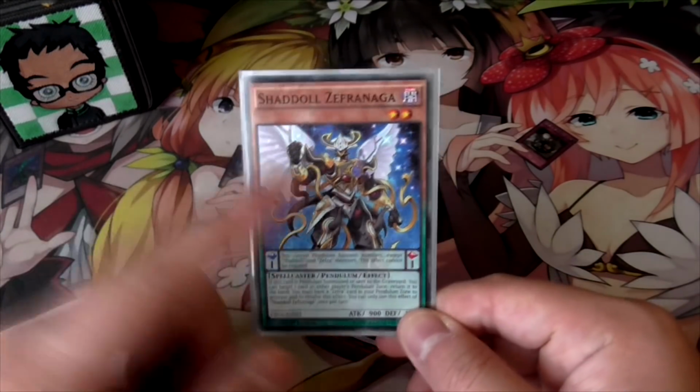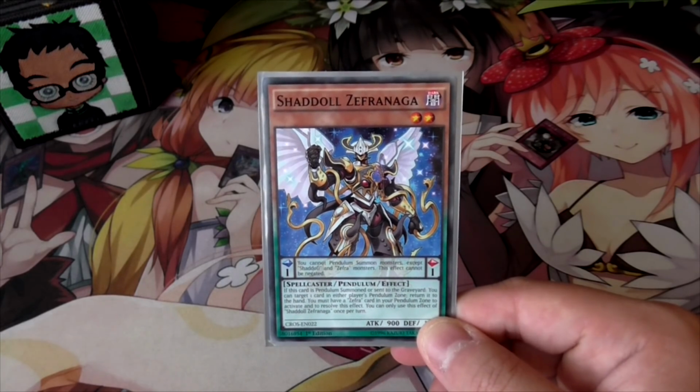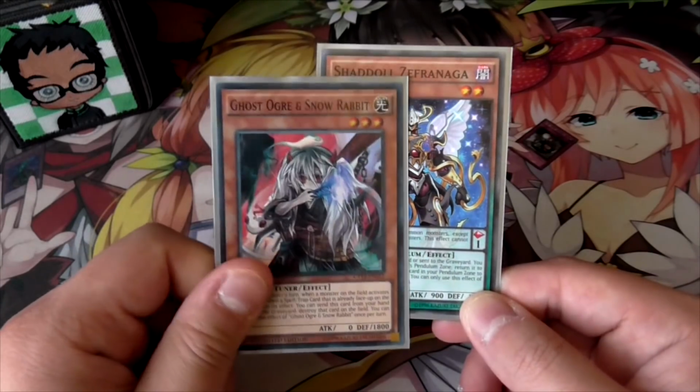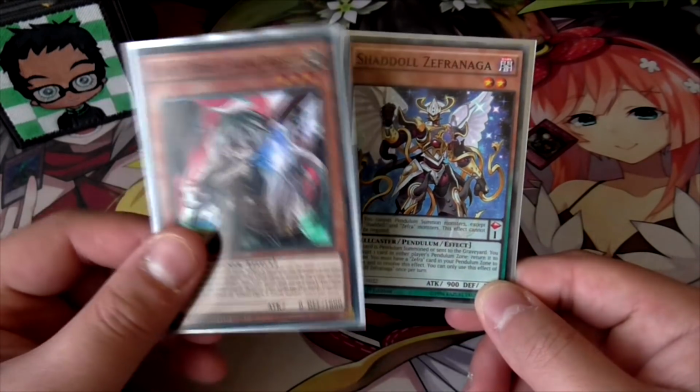Now, the level 2 is important because you can use it to synchro with the tuners that you're probably going to draw if you're going first. You draw these guys, the hand traps, level 3 tuners. And it's a level 2, so you can maybe synchro into a level 5, which is going to be Denglong